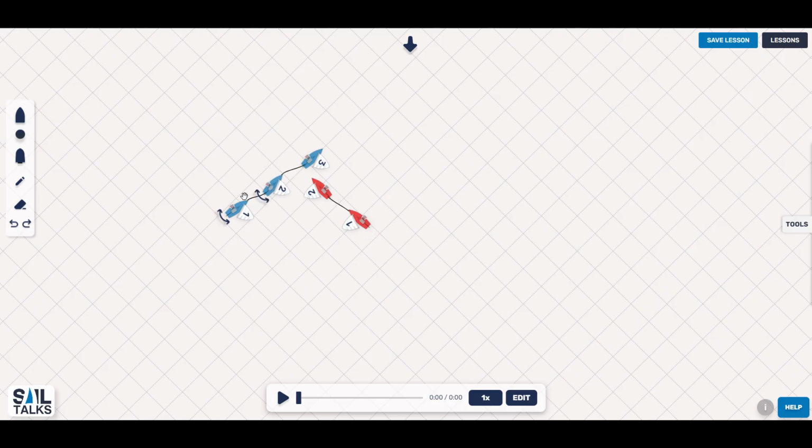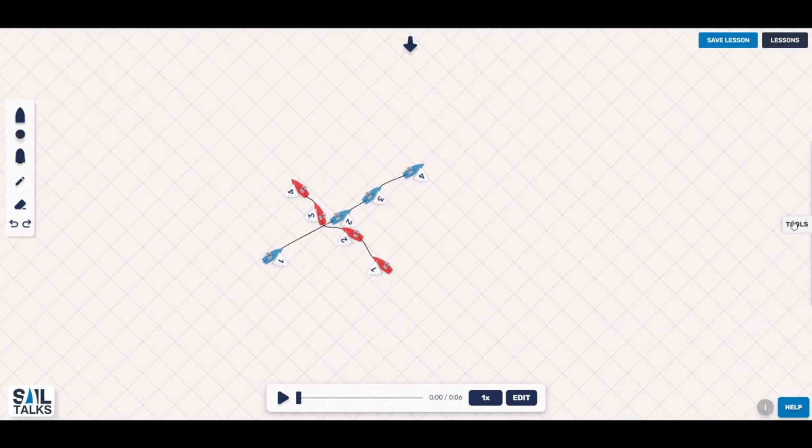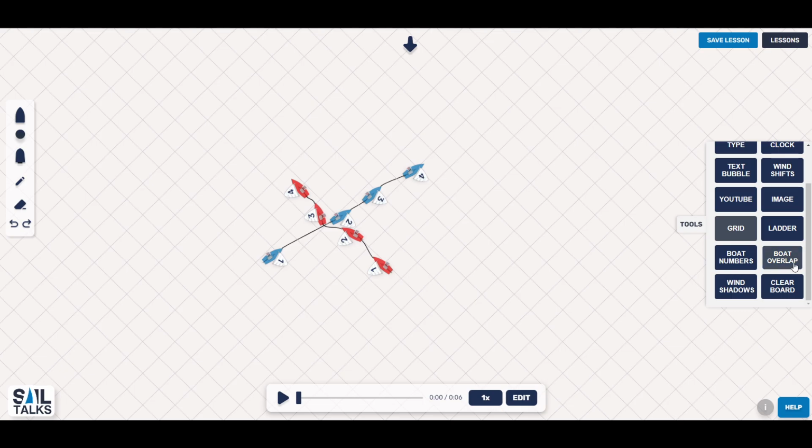Let's say you are a red boat, and in this situation, you had to duck a port boat. They didn't avoid you, and you're trying to show that. So you could draw your diagram, and this is ready to play, for example, and you could go back. You can edit this like a normal diagram, but you could also add some other tools like adding boat overlap. It wouldn't be useful in this situation, but ladders, grid lines,